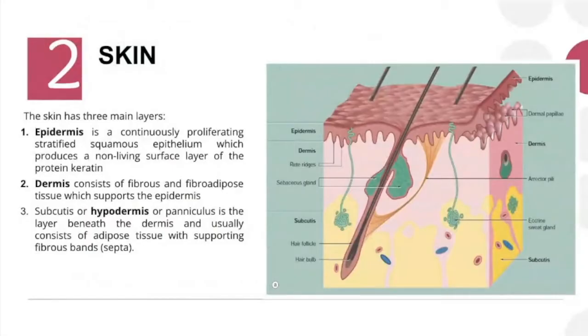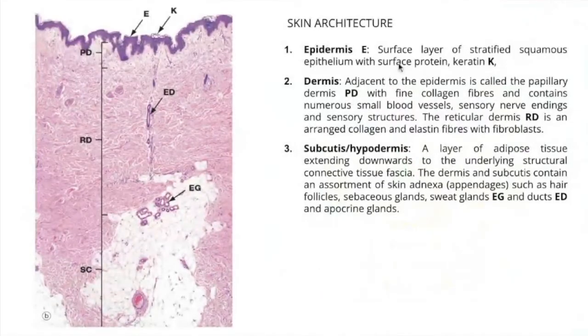Okay. And next is the skin. So skin, there are 3 layers: the epidermis, the dermis, and the subcutis or the hypodermis. Okay, so this is the skin architecture. The top one, the outer part, we call the epidermis. It is a surface layer of stratified squamous epithelium with the surface protein keratin. So it is a keratinized